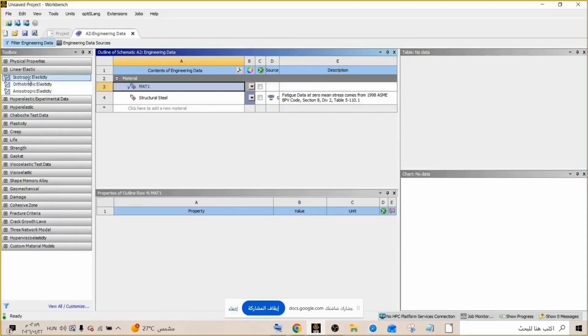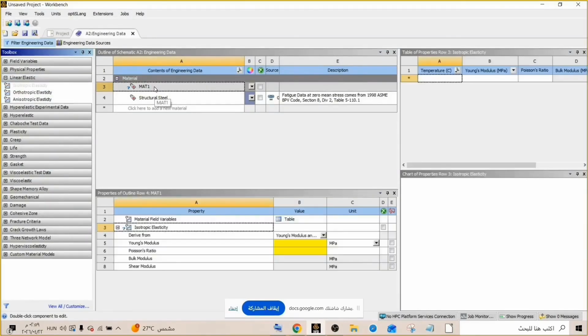You can see various material properties, and in this exercise, I'm going to consider linear elastic, that is isotropic elasticity material. So you click on isotropic elasticity and drag and drop it into material 1.